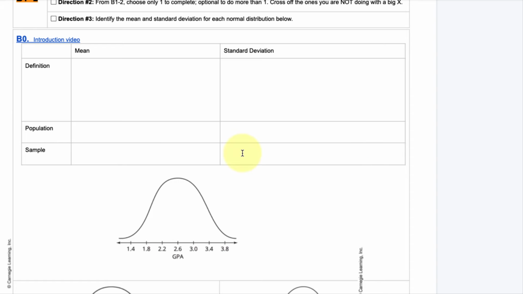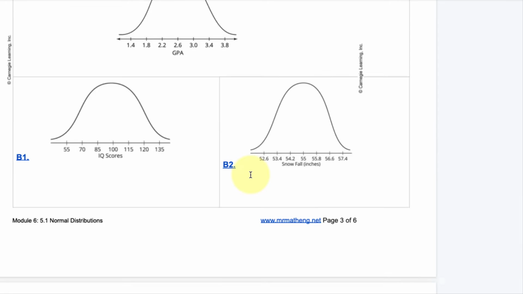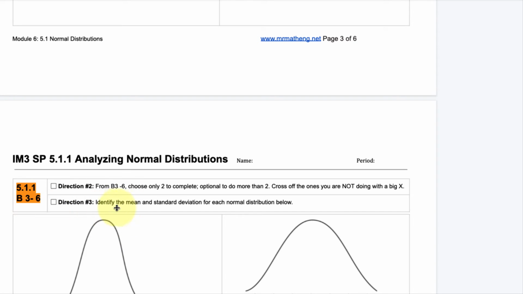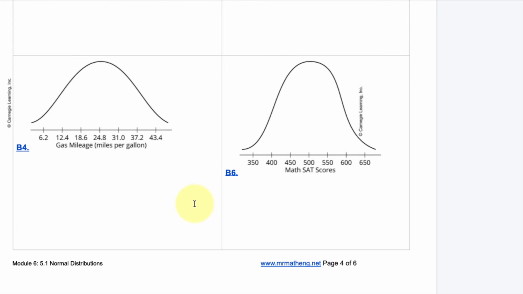And then on Tuesday, you're doing the orange, same thing. Copy down the intro video. Oops, I should say B, good thing I saw that. Watching the introductory video and then choosing 1 problem from 1 to 2. And then down here from 3 to 6, you're choosing 2 problems. Okay, so I'm now assigning half the amount of problems.